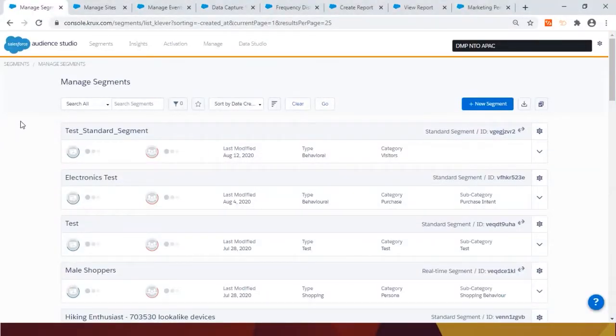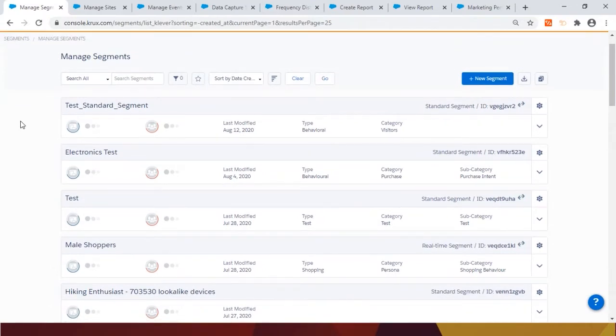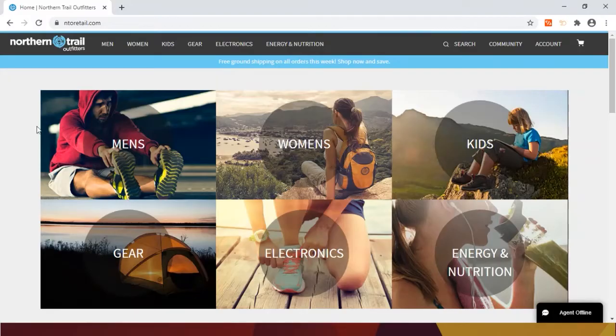This is the Salesforce Audience Studio console. We'll be utilizing this interface to build the overall experience for the end customer, and how an end customer will look into the platform and how his experience is getting revamped can be understood from an end customer perspective on this website, which is ntoretail.com. NTO Retail is also our showcase brand for today's session, so that we can personalize the experience for NTO's end customers. So that's the premise.